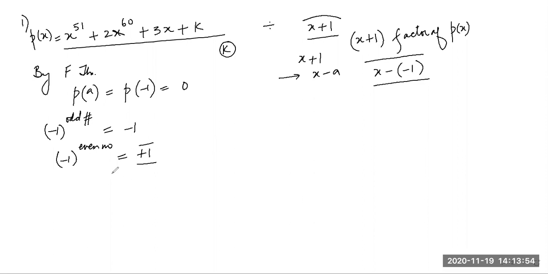Right? Okay, so I can simply get the answer immediately. X raised to power, now minus 1 raised to power 51 will be minus 1, plus it will be 2 into x raised to power 60 will be 1. It will be minus 3 plus k is equal to 0. Now that means, yes students, this is minus 3 minus 4, minus 4 plus 2 is minus 2 plus k is equal to 0. So I hit the bullseye, k is equal to 2.